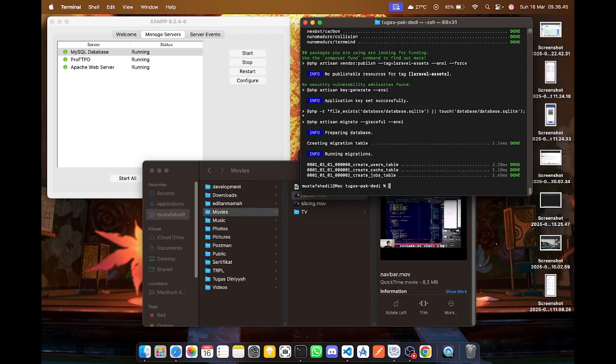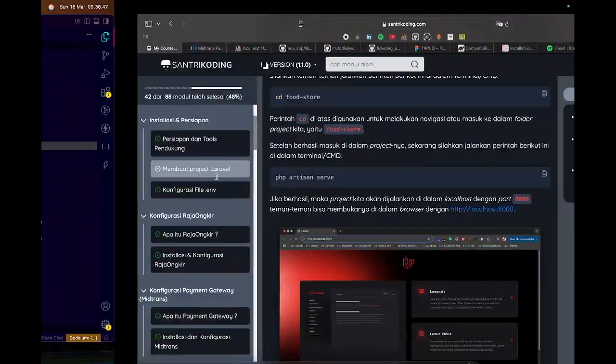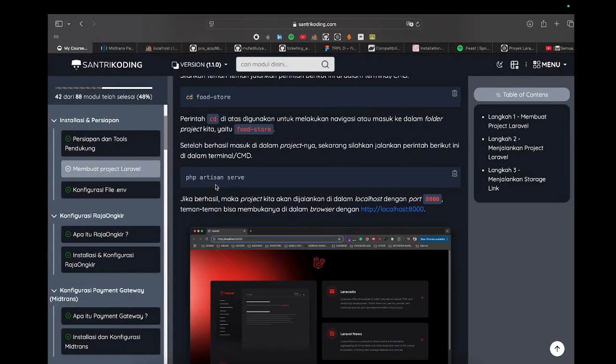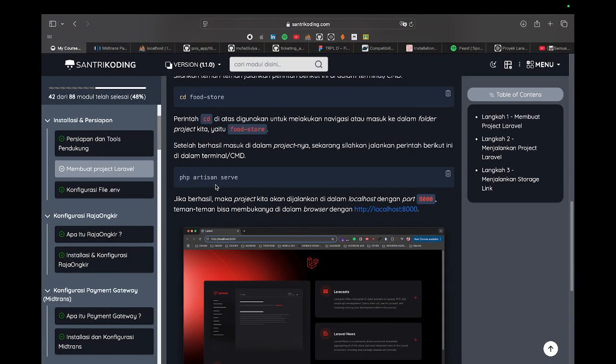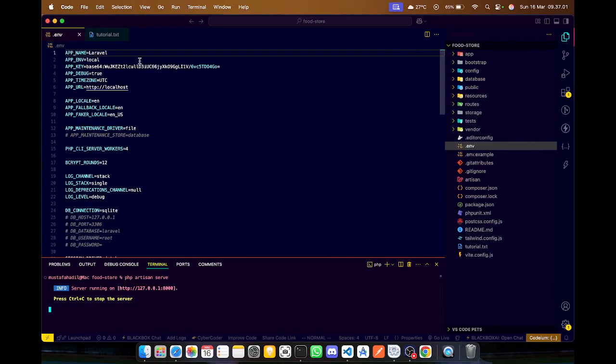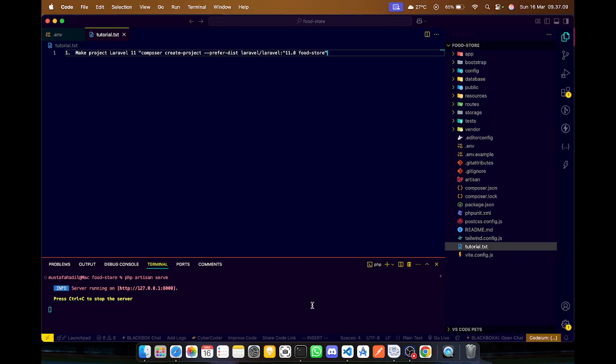Or if you don't want to use your terminal, your laptop or computer terminal, just jump into the folder like me and open the terminal. You can use Command G if you're on macOS, or Control G on Windows.